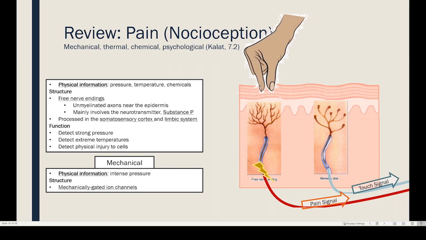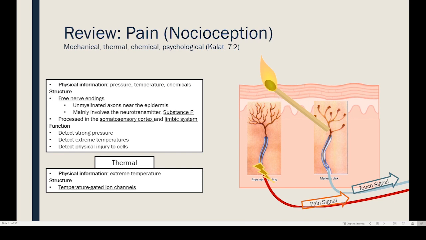And remember that they can receive information including mechanical information. So there are mechanically gated ion channels on some of these free nerve endings that can detect pressure, and especially very sharp pressure, like if you were to be pinched. So they can receive that kind of information. Some of them are sensitive to thermal information, so extreme temperature, like heat. So if you're burned, then some of these free nerve endings have temperature-gated ion channels, so that when the skin gets to a certain temperature, it heats up, like from a match,